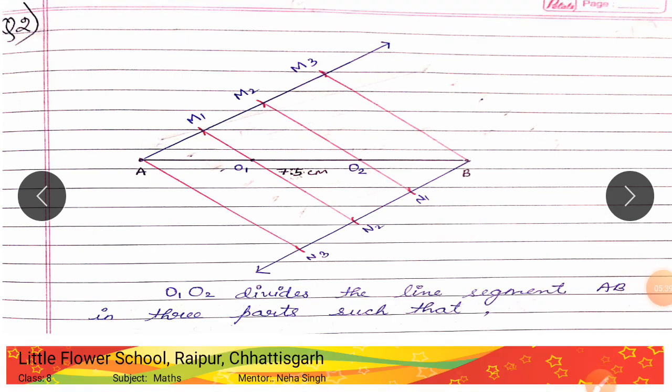So first we are going to draw a line, this line AB of 7.5 centimeter. The first step is you are going to draw a line AB of 7.5 centimeter. Then from A and from B you will draw any acute angle, right? Acute angle of any measurement, but the measurement should be same for A and B. Suppose here you are taking 45 degree, here also you will take 45 degree on the opposite sides, right?